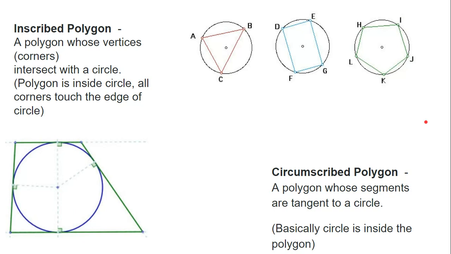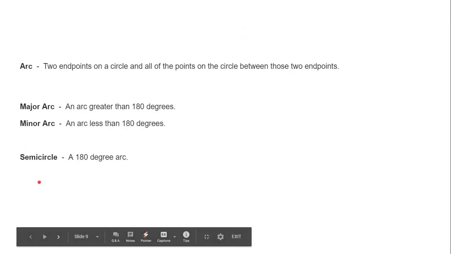All right. Next one is, I think, one of the last slides. Inscribed polygon. A polygon we've talked about is just a shape. It could have as many sides, it just needs to be a closed figure. We've talked about triangles, rectangles, octagons, hexagons, whatever. An inscribed polygon is a polygon whose vertices, or corners, intersect with the circle. So if you look up here at these three, all three corners of